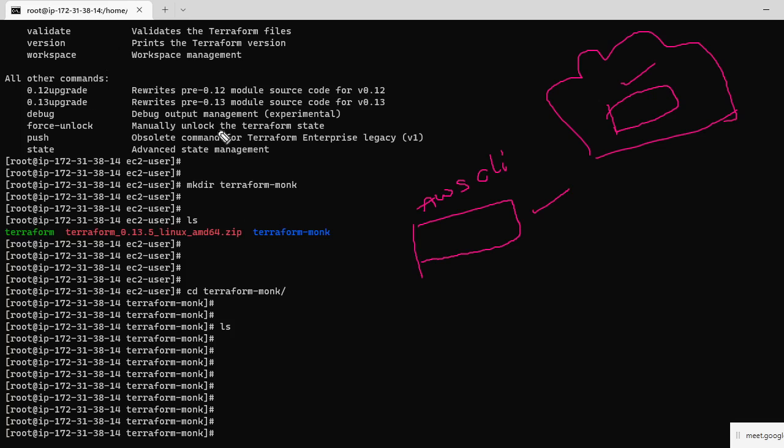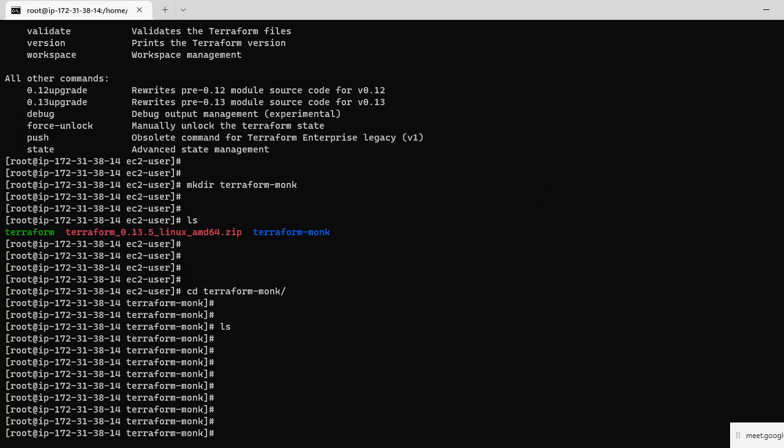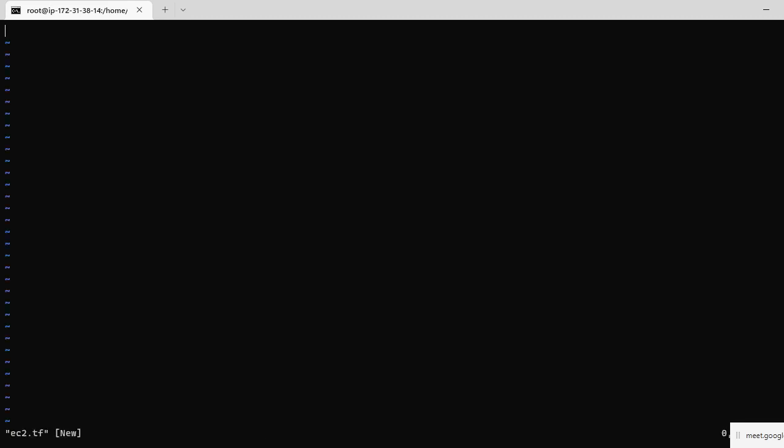But now we are doing it in the AWS server already, so this AWS CLI is enabled by default. No need to enable the AWS CLI. Now let me create a file, vi ec2.tf. The extension is .tf for Terraform. Just hit enter and it opens a vi editor.